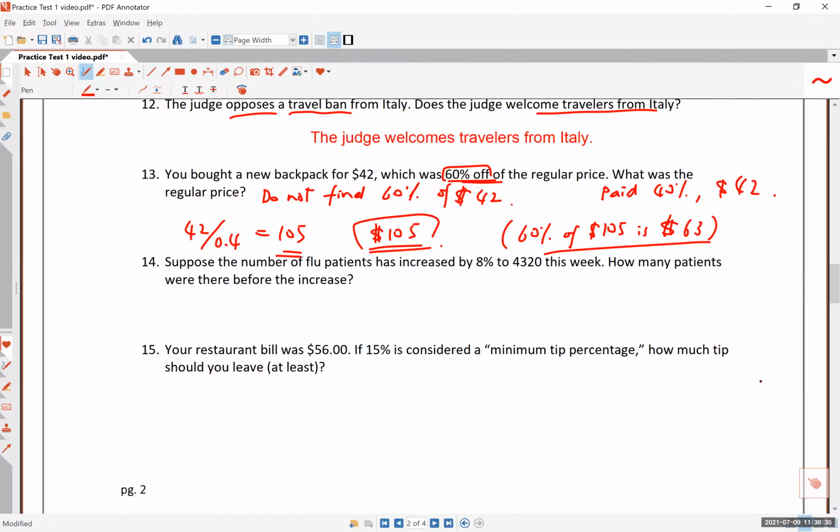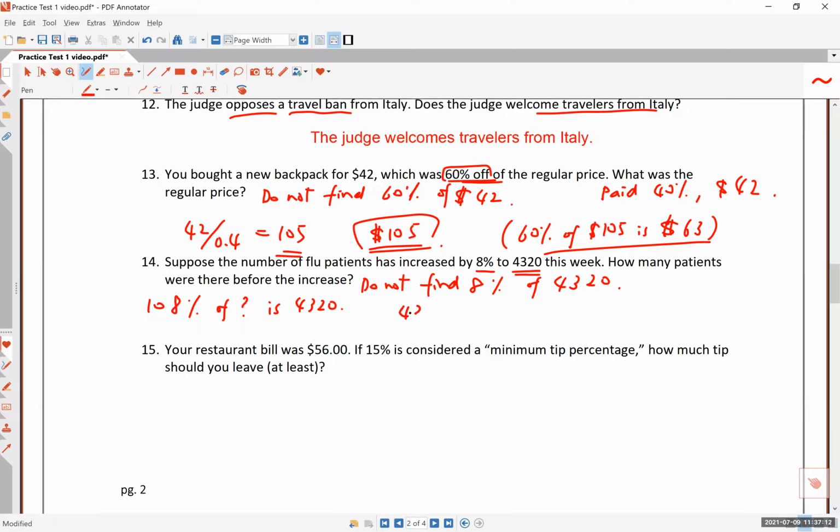Number 14, suppose the number of flu patients has increased by 8% to 4,320 this week. All right. Again, do not find 8% of 4,320. You will get no partial credit for the same reason. How many patients were there before the increase? All right, so the correct way to think about this is 108% of that previous value is